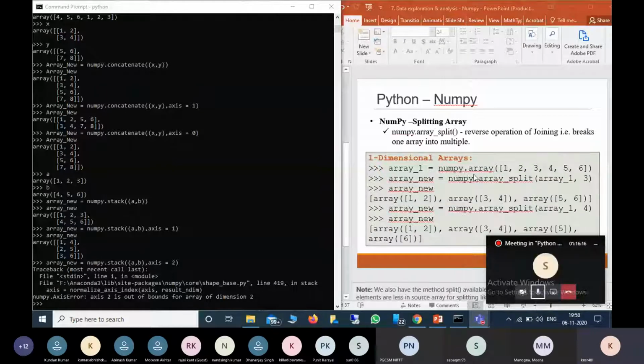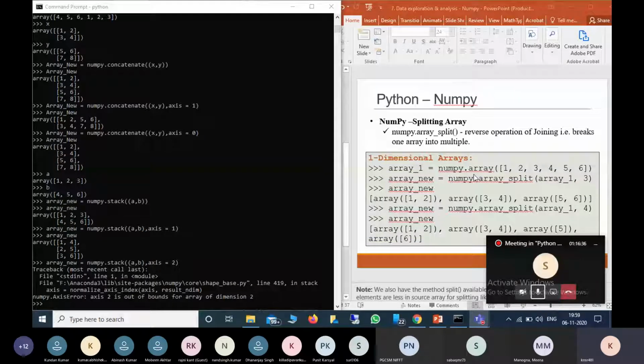Now we saw how we can join arrays. Starting we saw creating arrays, then mathematical operations, then joining arrays. Now we see splitting arrays. For a given array, how can we split it into different arrays? It is exactly the reverse of joining.